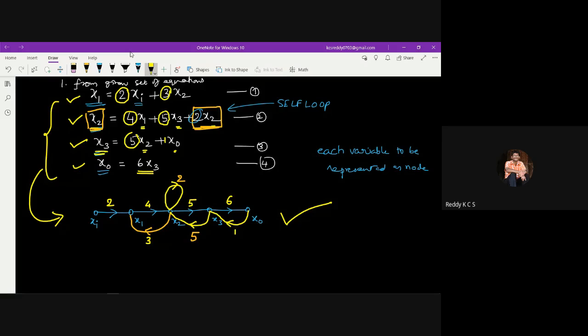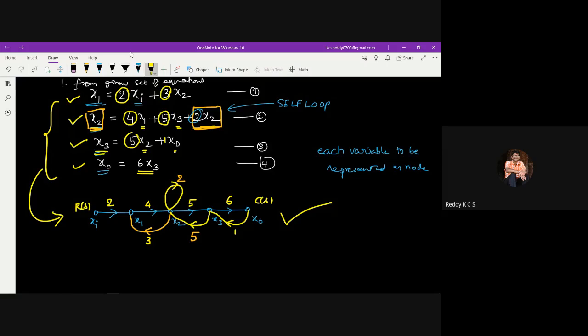Now we'll move to how to represent a signal. Of course, we can find out this is called R of S, which is called input, and this is called C of S, meaning output. From input to output, generally the initial variable, which is the independent variable, is represented as the input, and the last variable, which has only incoming branches, will be represented as output.